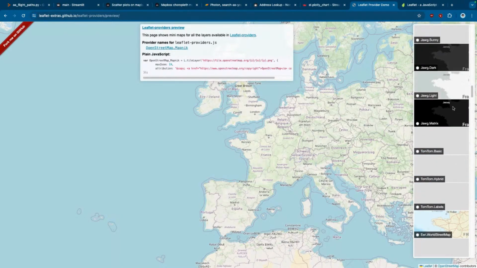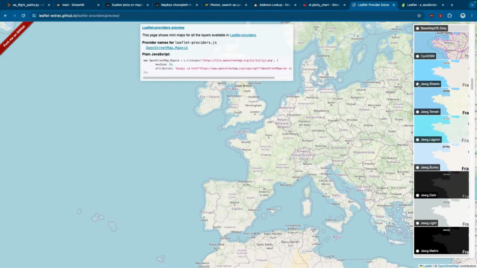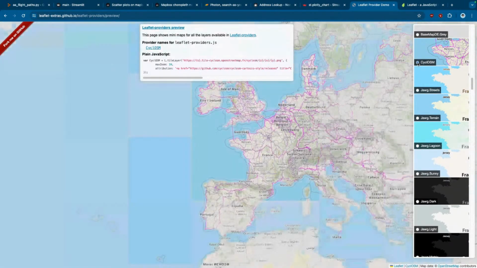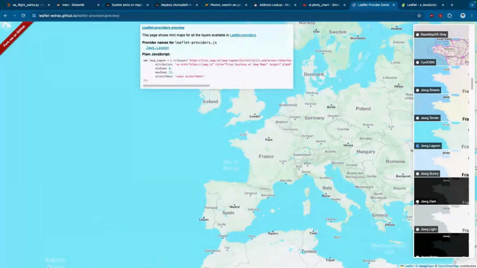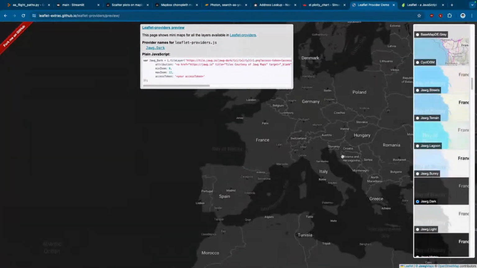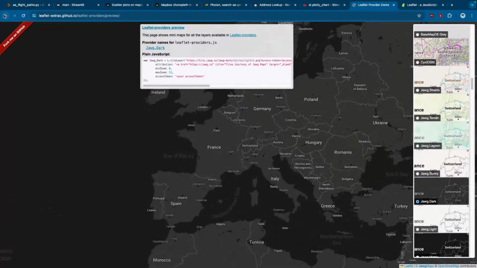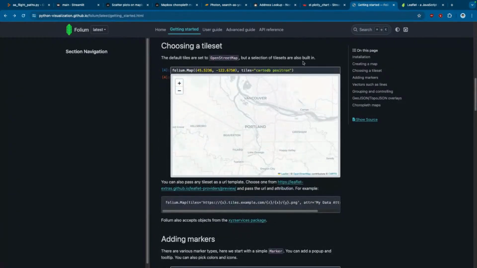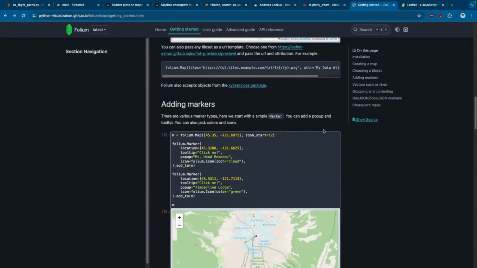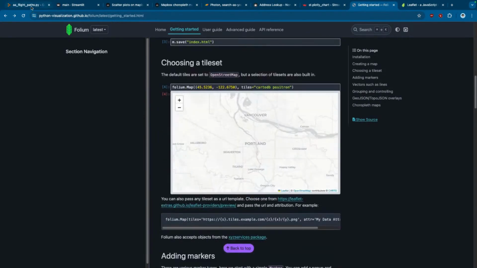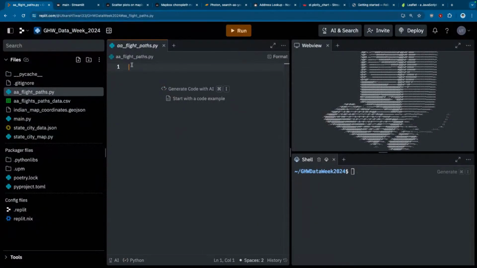Some of them might require you to create an account or log in. So we are going to use the default option that's available. But just to let you know, there are other providers available. Okay, so let's start. So step one,